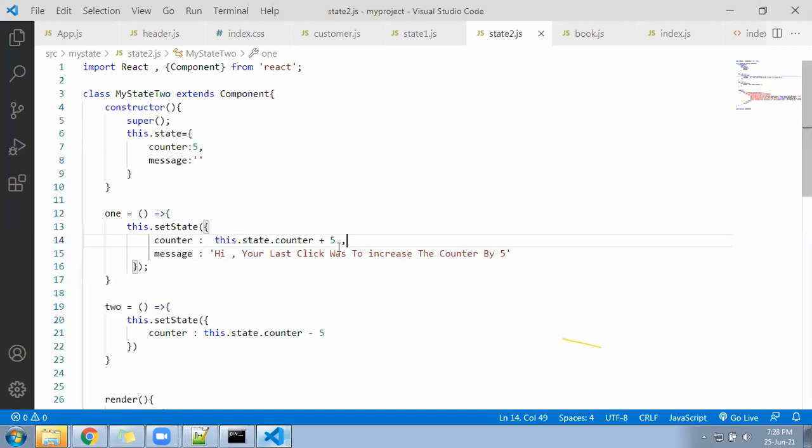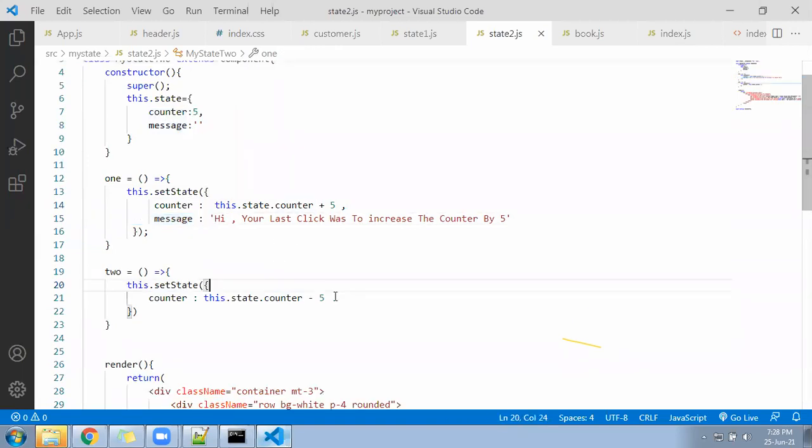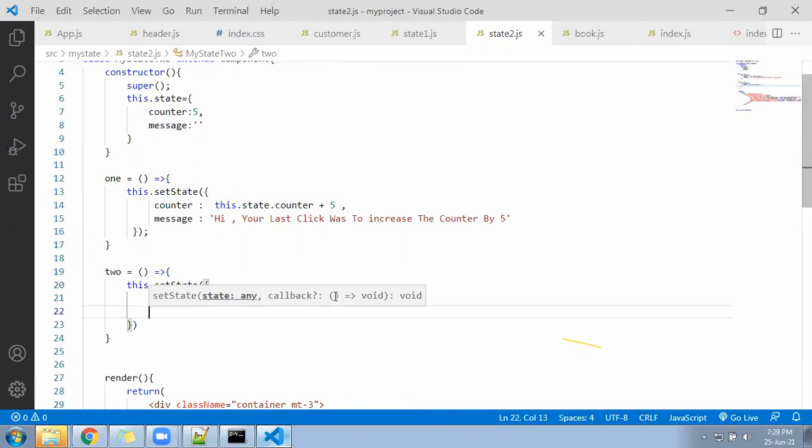Where you saw the first, we are incrementing the value, that is one state variable. Another place, you have another variable that is called message. There also you are giving something dynamically. Come to the next, under the minus. The variable remains the same. We will change the message. We will change the content.